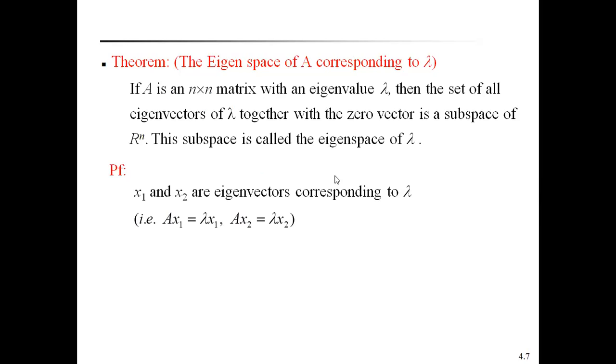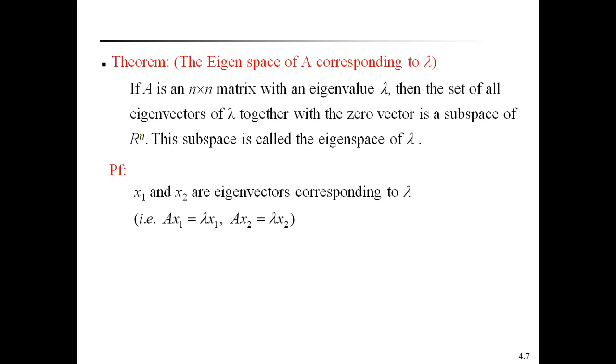To prove this theorem, what is a subspace? Already in previous lectures, I told what a subspace of a vector space is. Subspace means any subset W of a vector space that satisfies only two conditions: W is closed under vector addition, and W is closed under scalar multiplication. Then we say that the subset is called a subspace of the vector space V.